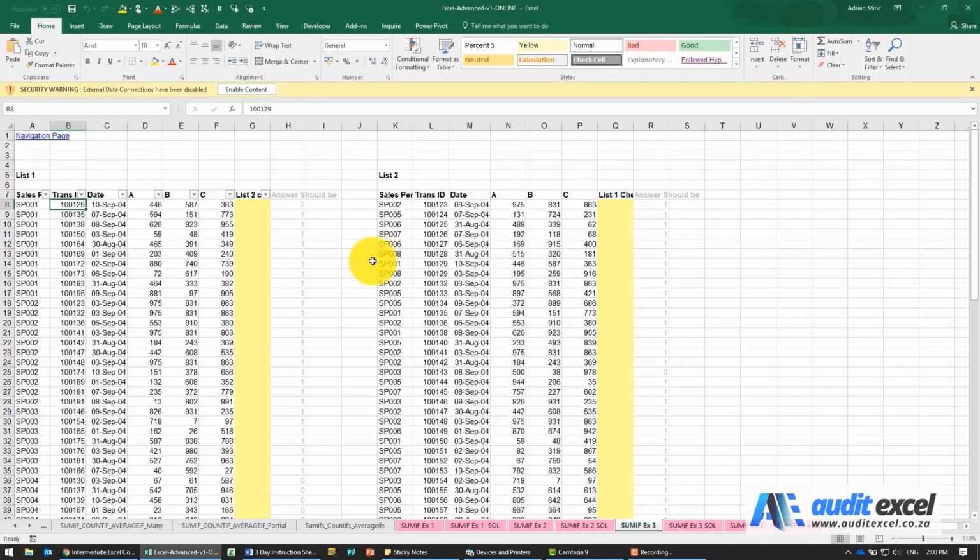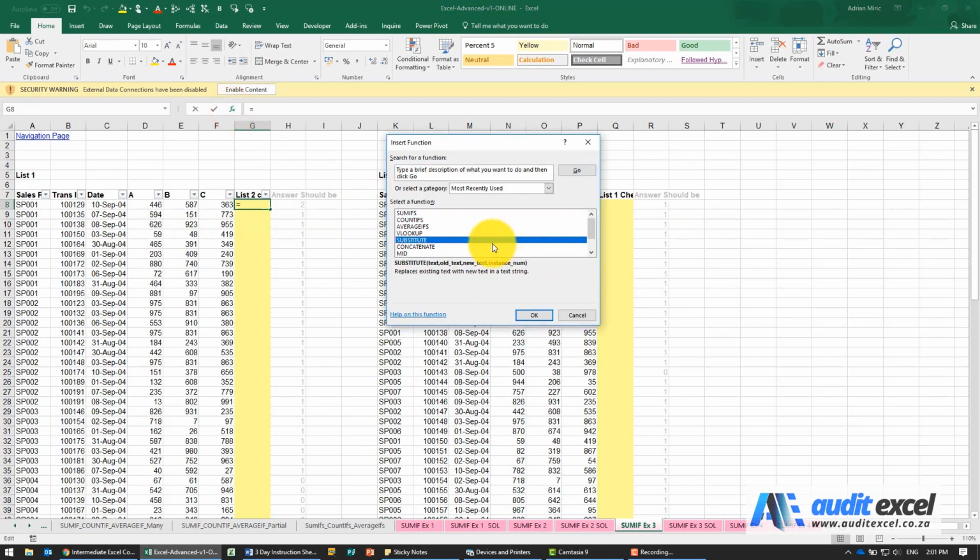The solution to this example: we could use a VLOOKUP. The problem with a VLOOKUP though is, for example, this transaction number, it would look here, and if it found it, for example over here, it would say it found it. But it would be useful to know that it appears twice. So in reconciling, not appearing and appearing more than once are just as important. So we're going to use rather COUNTIFS. We're going to count how many times this transaction ID appears over here. So we're going to use the COUNTIFS function.